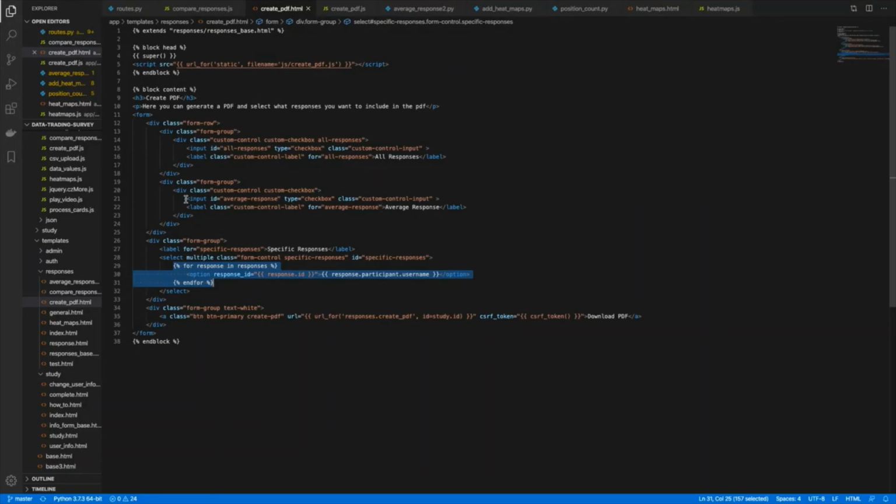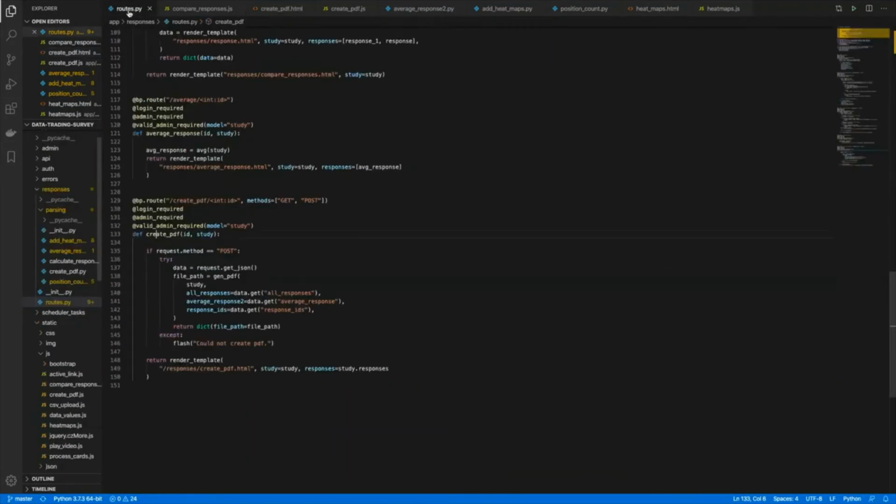And there's also checkboxes for including the average response over all responses in the PDF, or you can select to choose all responses instead of selecting them all individually. This data is then passed back through the server using AJAX, and the create PDF method is called. So let's take a look at the create PDF method.